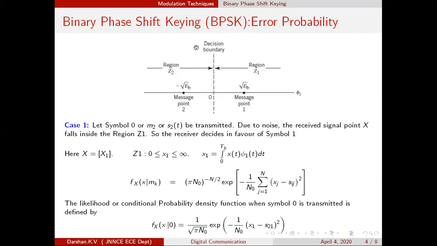If the received signal x1, x, falls in the region Z2, then anyone can say symbol 0 is being transmitted. Now let us observe. So you know what has been transmitted. This is a testing case. Remember, we are testing the system, how efficient the system is.